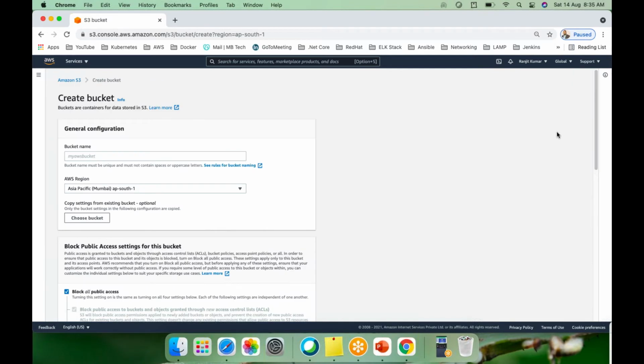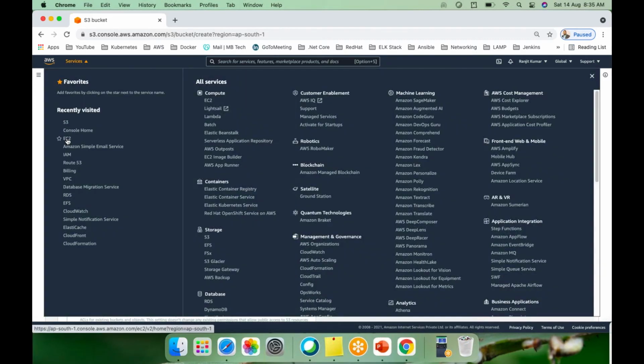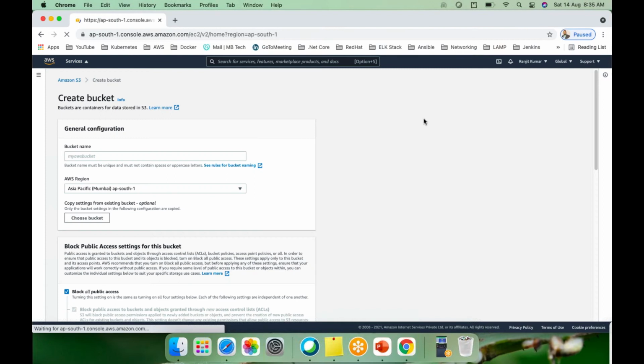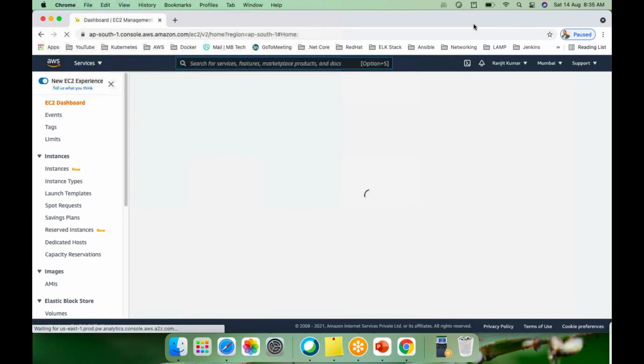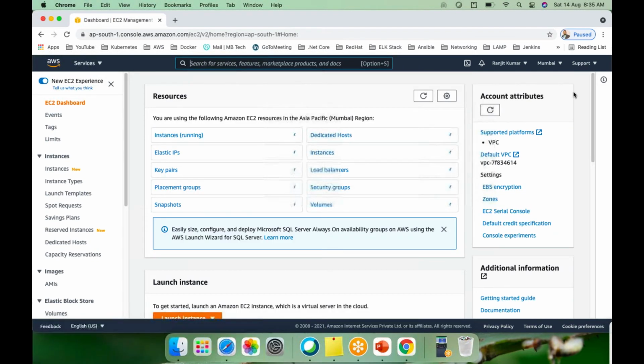One more thing, guys, have you noticed that when I select S3, the region shows Global? If I go and click EC2, it will give you the region you have logged in to, the Mumbai region.